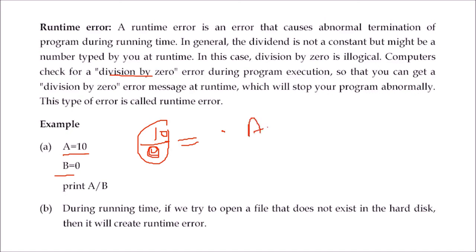Now if you have taken an array, say array of 10, and you are trying to read the 21st value of this array, since the memory assigned is only for 10 places, you are trying to access the 21st, which is not there. So this will be an error, array out of bound error. So these are all runtime errors. Okay. If there is no file in the hard disk and you want to get the file from the hard disk, you will not get it. So there will be a runtime error.